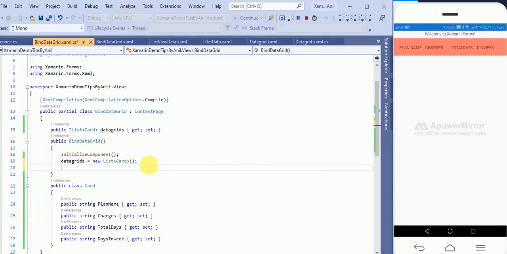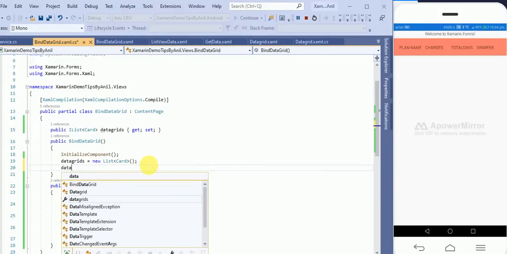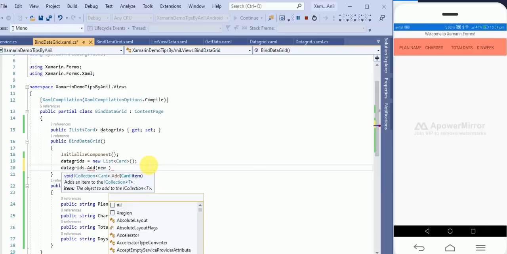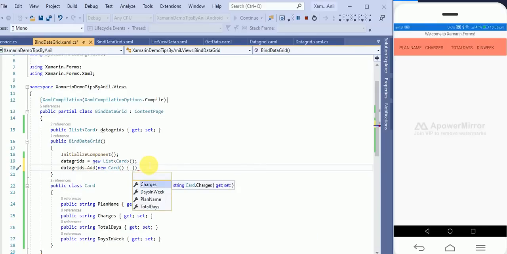So now we have to bind the data in this grid. Okay, so let's bind the data. Dot add and new. You don't need to mug up any kind of thing. Everything is logical.